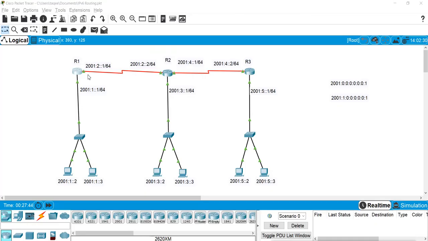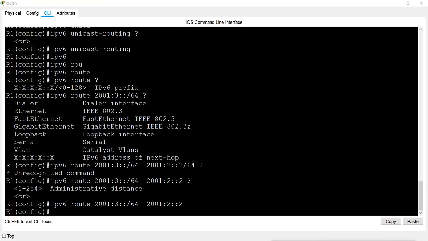To go to this network, we can go from this serial interface to router 2, and the address will be 2001:2:2. So this will be the next hop address. So IPv6 route, this is the not connected network, and this is the next hop address.